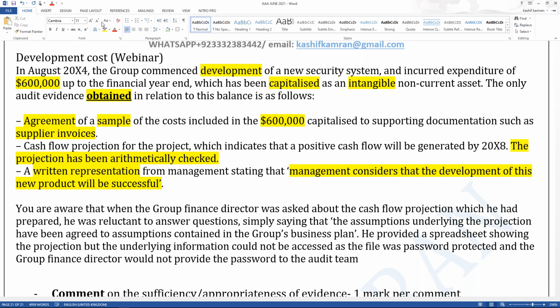The answer is yes, for a number of reasons. First of all, the audit team has not obtained any evidence on the breakup of the 600,000, which could have confirmed the element of a research cost. So, has the audit team identified the element of a research cost while they were carrying out work on the 600,000? Just confirming the supplier invoices, will that confirm how much is the research cost? No. Just confirming the supplier invoices will confirm the amount of expense, but will not confirm the bifurcation of expense between